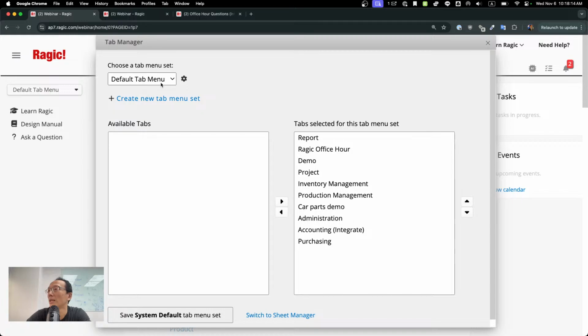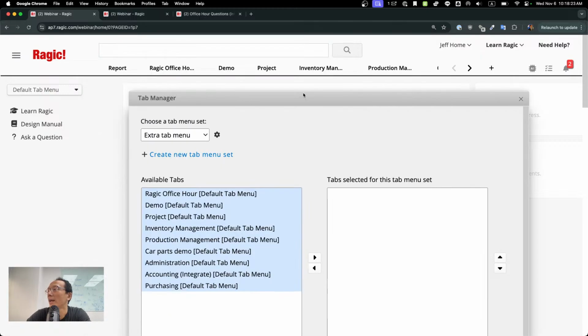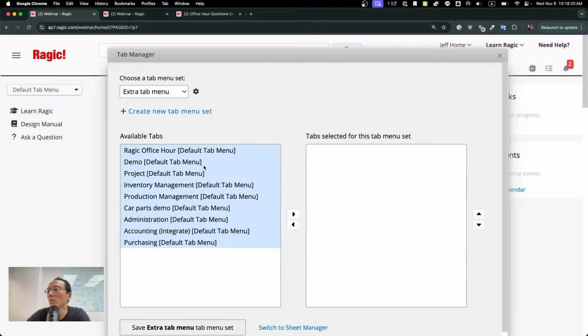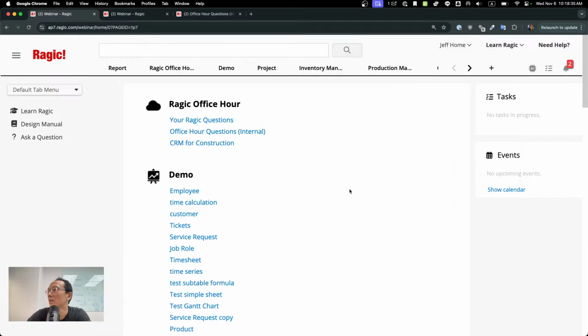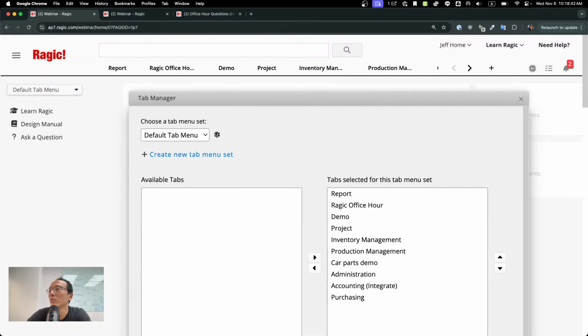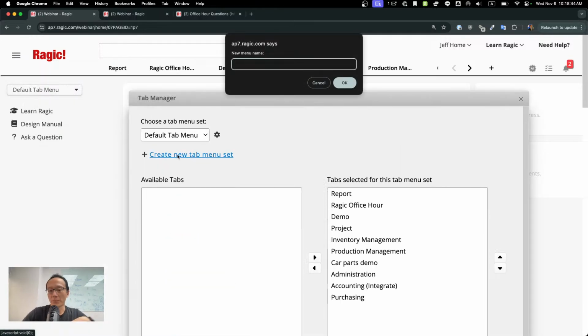This is currently the default tab menu, and we have this extra tab menu here. For example, if we want to move some of them to the extra tab menu that we created here, let's delete this one first because this is empty. Okay, so now we only have the default tab menu, and now we can create a new tab menu for demo purpose,